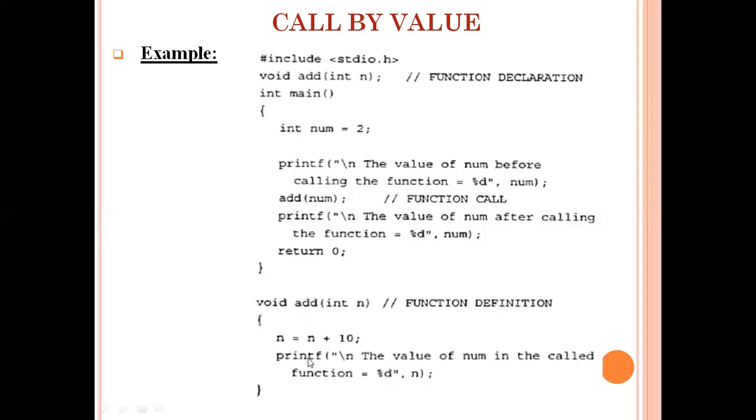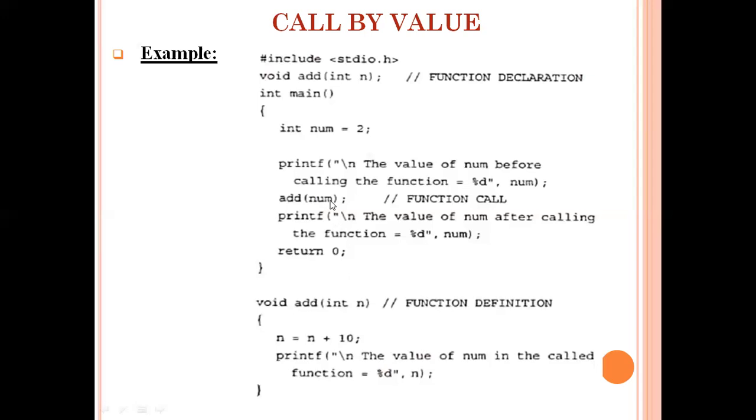And here what is done? n is equal to add num. Okay, here the value of number is passed to the add function when this particular statement is executed. So when this function call statement is executed, the value of num is passed to the add function. And in this case,